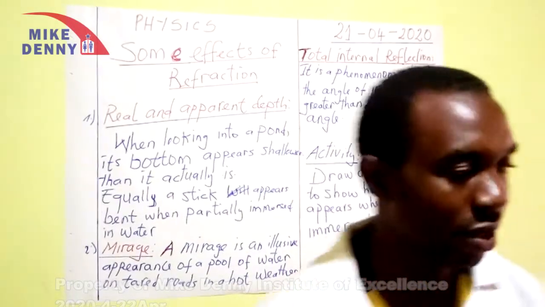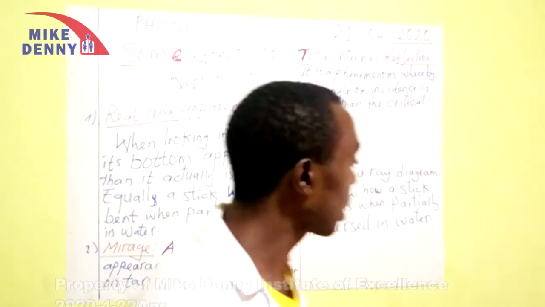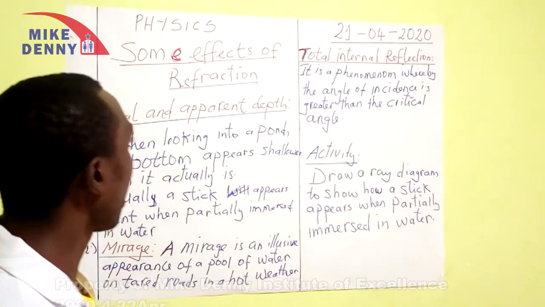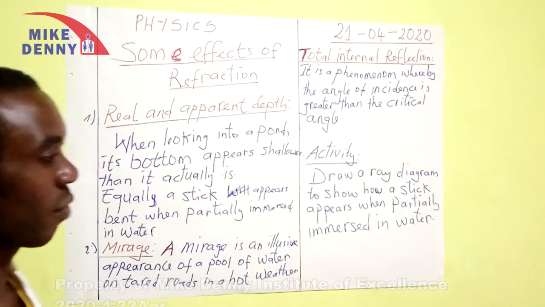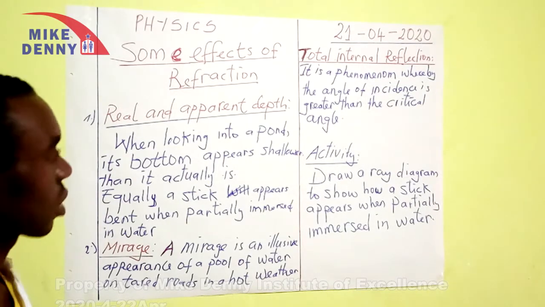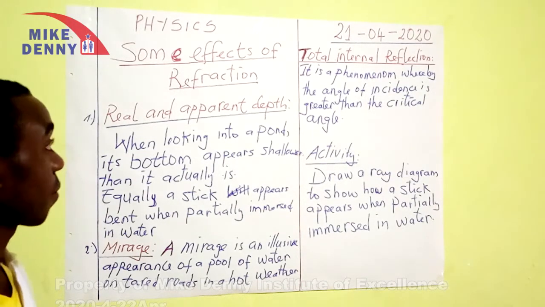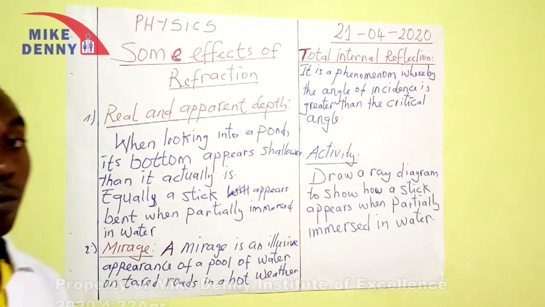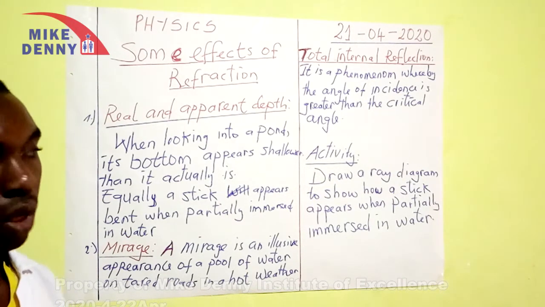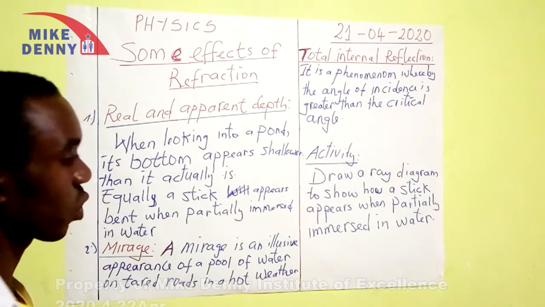Last time we ended with reflection and refraction. You can vividly revise what we did. We can therefore define refraction as the bending of light when you move from one medium to another